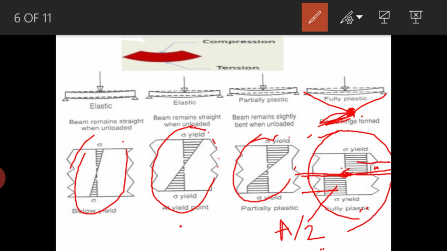And once you know which sections are plastic, semi-compact or compact, you can use them in steel structures depending upon their use. So this is a very important concept. Try to understand these concepts stage wise, and you will understand better what plastic sections are. I hope you understood this concept. Okay,